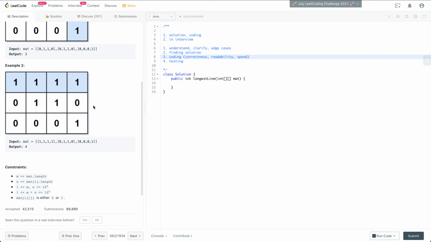So let's see. There are some constraints here. It's an n by n matrix. The matrix is going to be a binary matrix for sure, which means each of the cells is either 0 or 1. And the matrix is never going to be empty. The number of rows or columns is anywhere between 1 to 10k, and